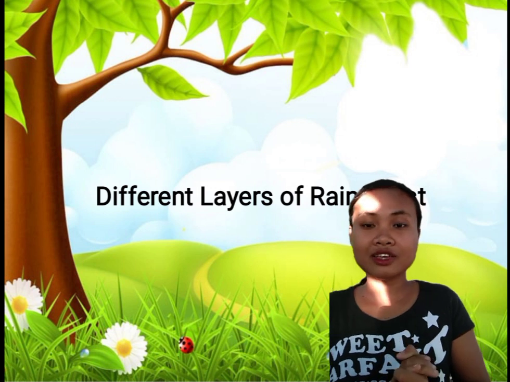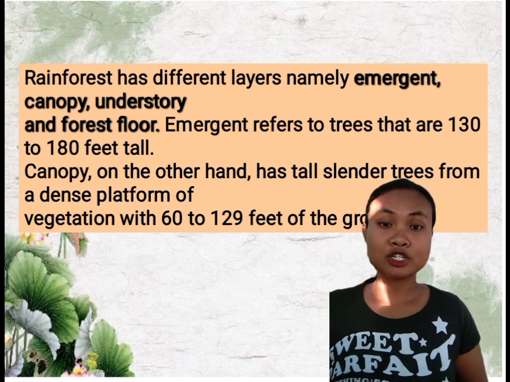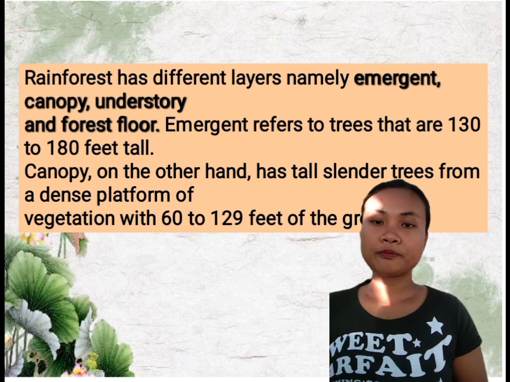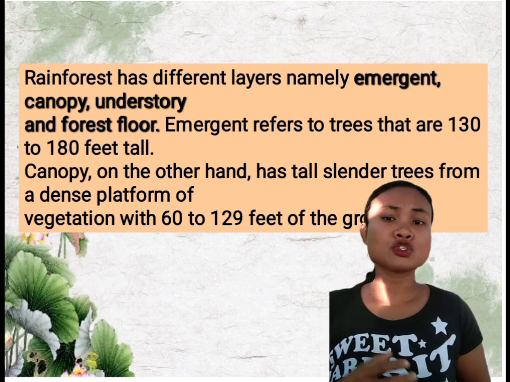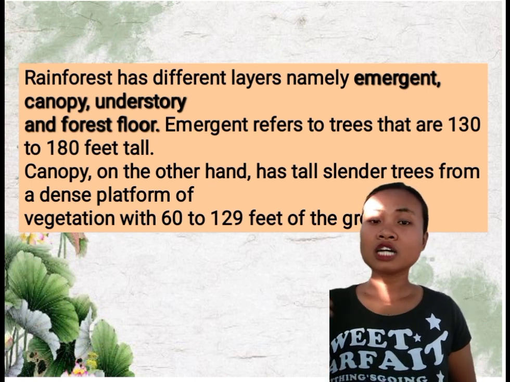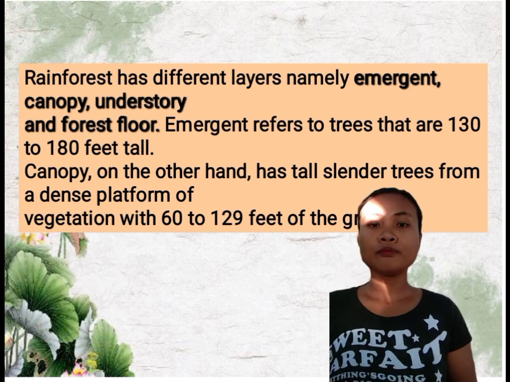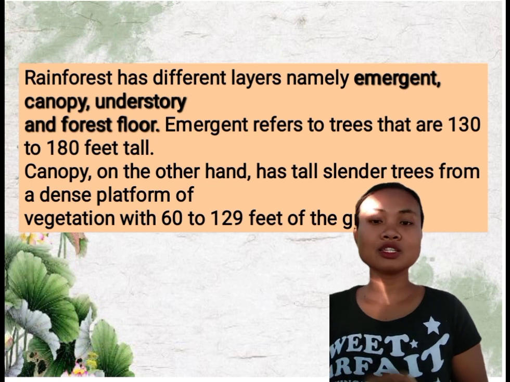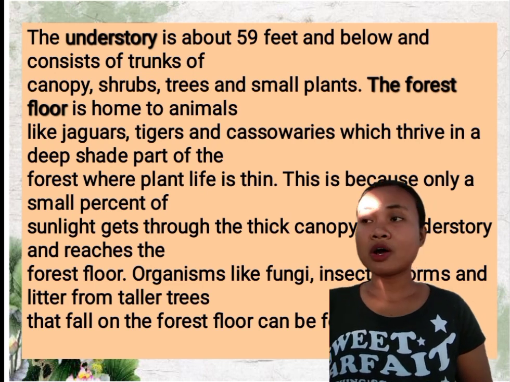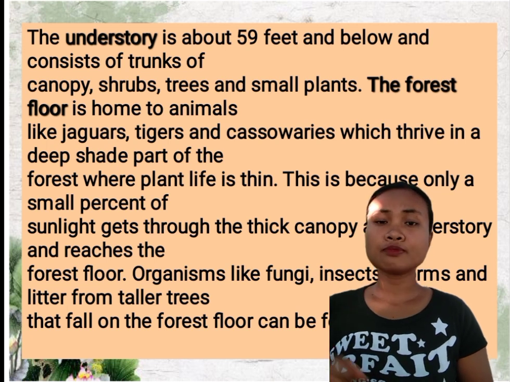So the different layers of rainforest. Rainforest has different layers, namely emergent, canopy, understory, and forest floor. Emergent refers to trees that are 130 to 180 feet tall. Canopy, on the other hand, has tall, slender trees from a dense platform of vegetation, with 60 to 129 feet off the ground. The understory is about 59 feet and below